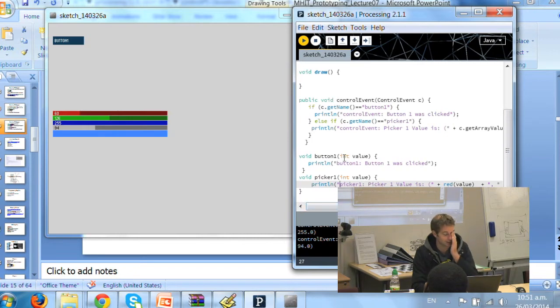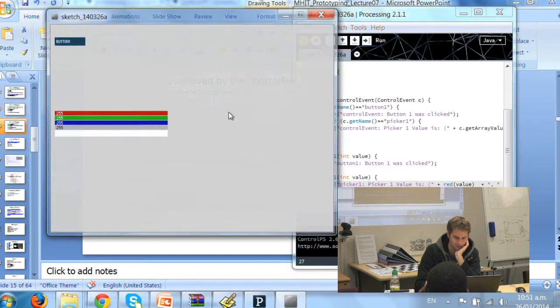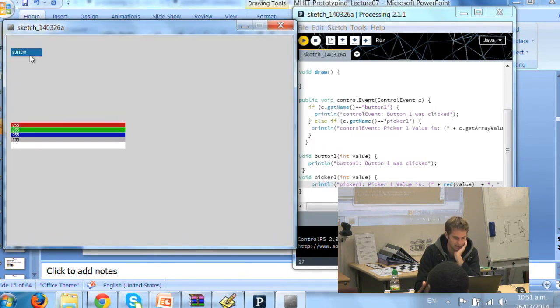So these values, as far as I can tell, always pass in an int. It might be different if it's a string, but certainly for the buttons and pickers, I haven't actually checked with text boxes. I might do that and report back tomorrow, I guess. But now you can see if I click on button 1, you'll see button 1 was clicked. So this is being called in this function, button 1 was clicked, and then control event button 1 is clicked. Oh, okay, so it's called. Yeah, so basically the method and control event both get called. So it doesn't override it, it just provides you a different way to handle it. And if I do the picker,